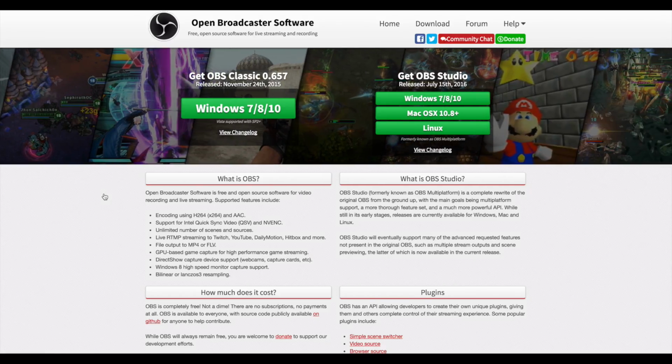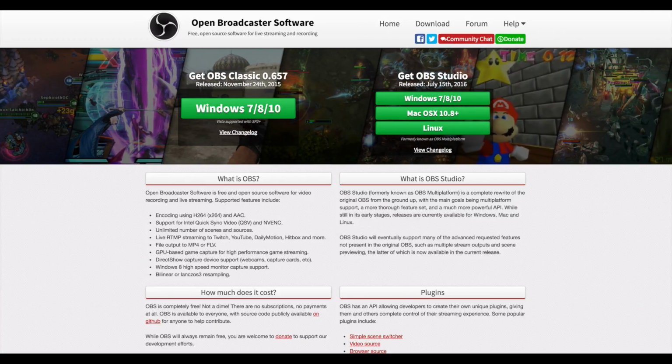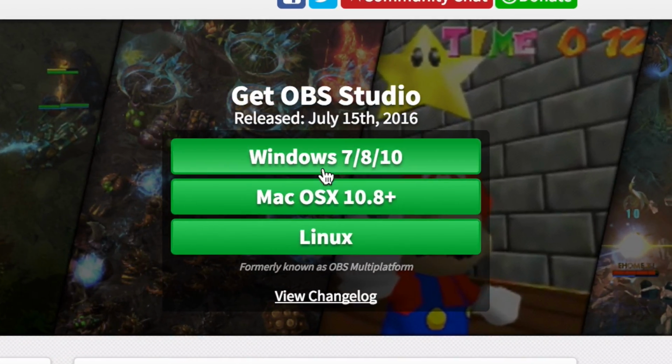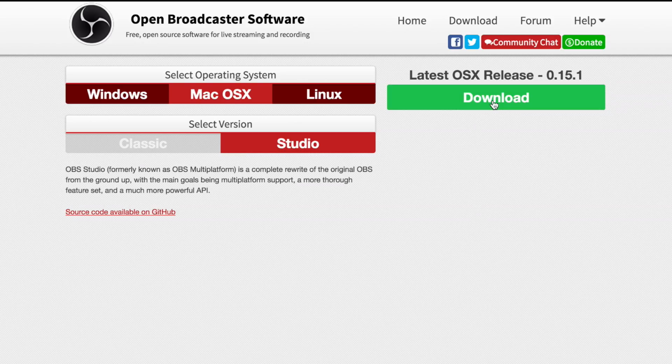Now, don't worry about the classic version. That's the old version. You want the newest version, which is the OBS Studio. If you download for your machine and install,